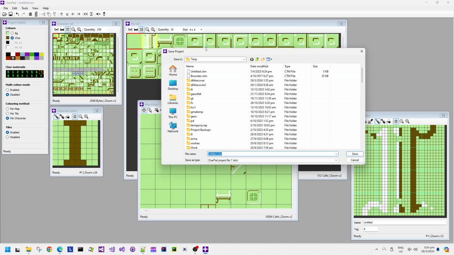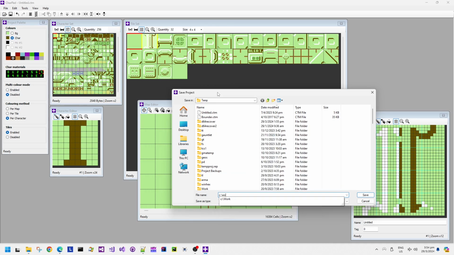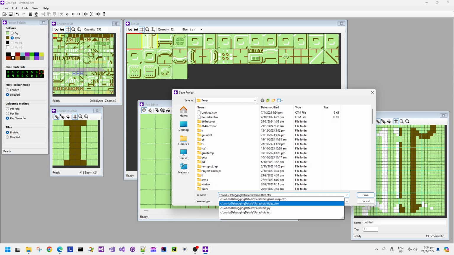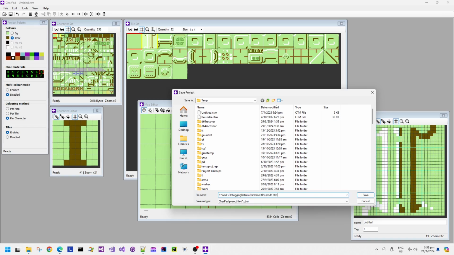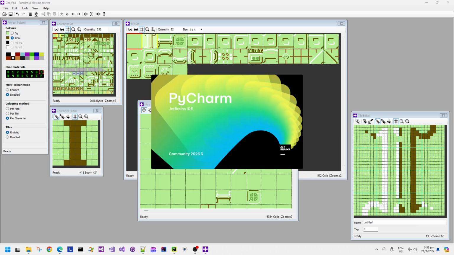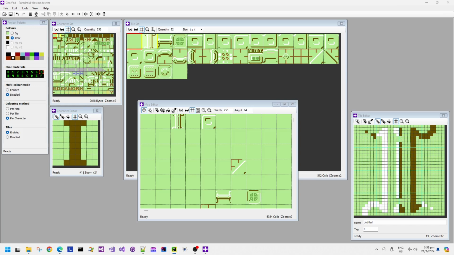But what we need to do first is that I think we need to save this working file, because we know that the map tile data is good. So we'll just save that as a nice little working file. We'll call it tiles mode, I think, just to make it obvious what the data is. But we need to have the proper map bytes now. So to do this, I think we'll probably use Python. That's why I am starting PyCharm. So we'll write some quite simple little Python code